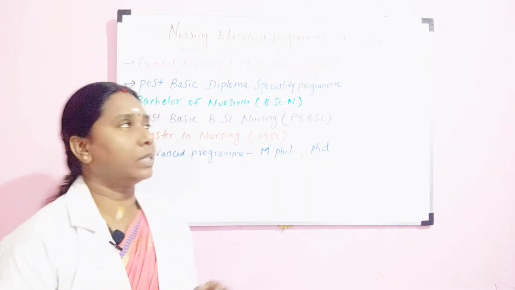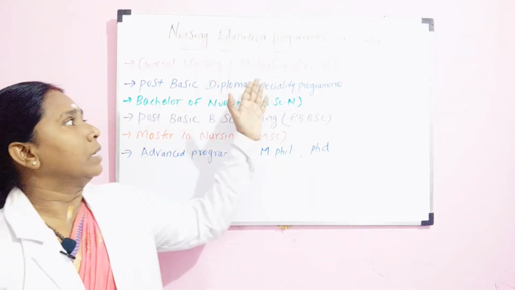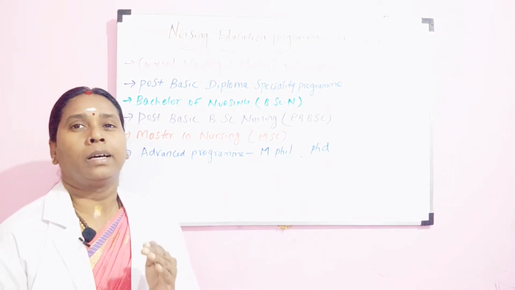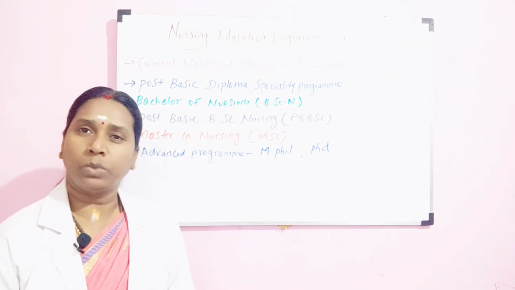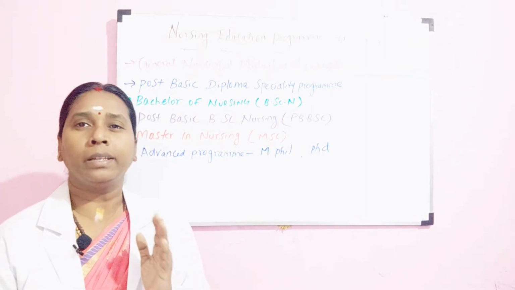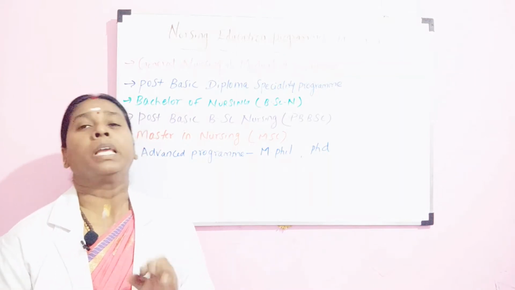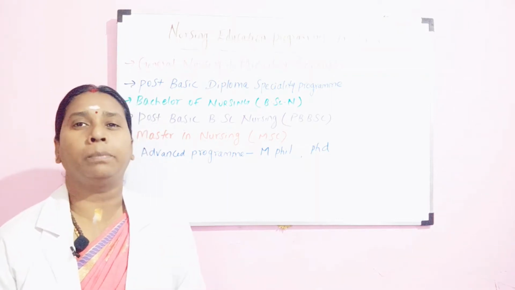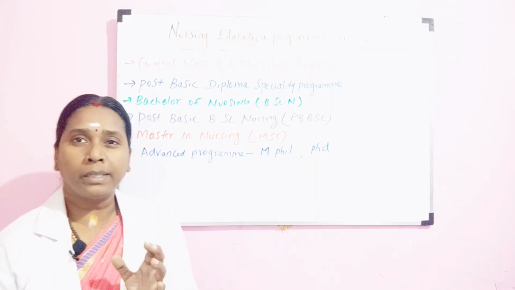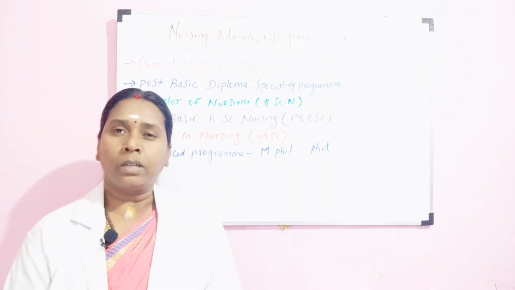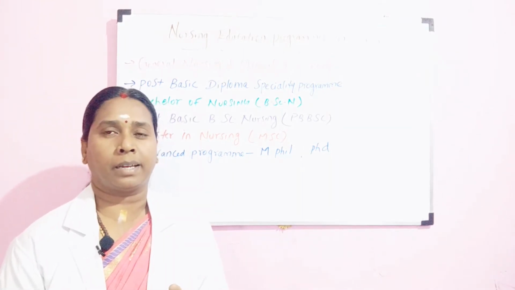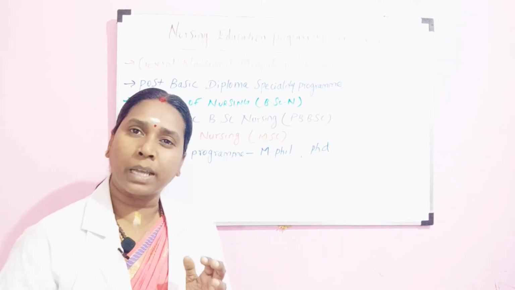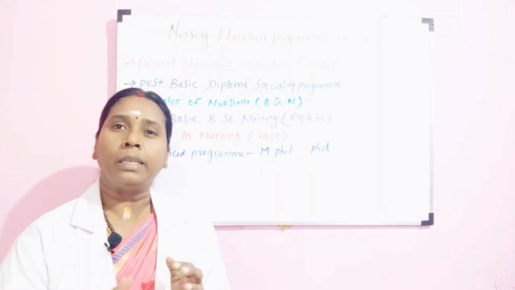Okay, so first is general nursing and midwifery, that is diploma in nursing, DGNM, also we say, diploma in general nursing and midwifery. It is a 3 years course which consists of both the theory and the practical. In this 3-year course you have all the subjects inside. You start from anatomy, physiology, with all your specialty subjects in nursing with the clinical requirements.